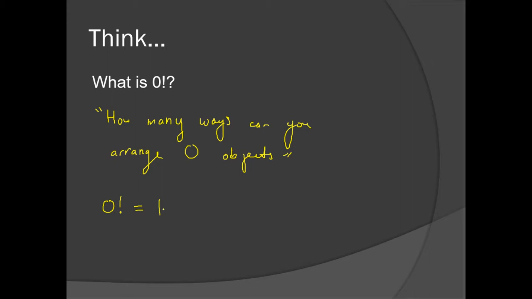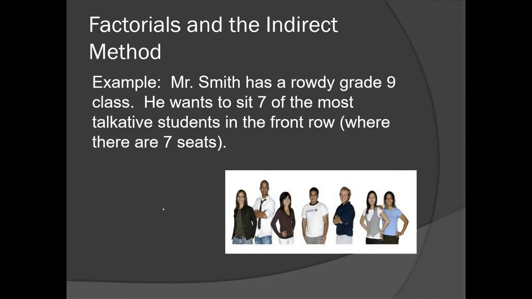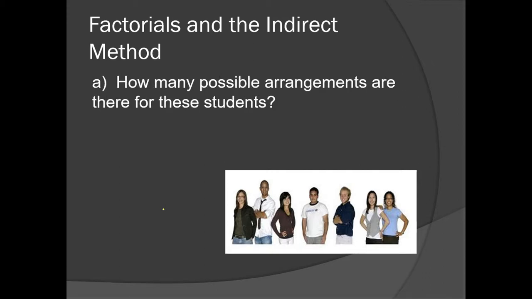So moving forward, we can use factorials to actually solve more complex problems. Here's an example where we tie in the indirect method. Let's say I've got a really talkative, rowdy grade 9 class, and I've got 7 students in the front row. I want to put all the chatty kids there. How many ways can we arrange all these students? Well, we know how to answer that quickly and efficiently now. If I'm arranging all 7 in the front row, that's just 7 factorial,